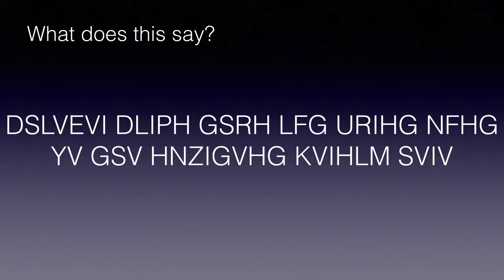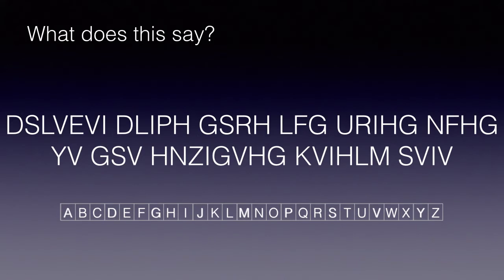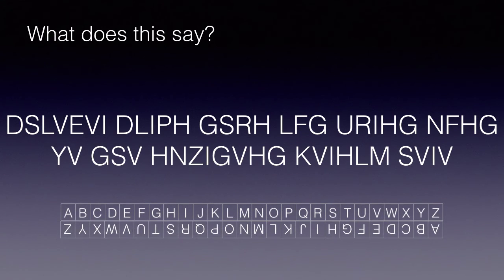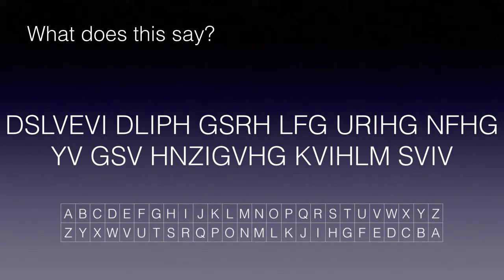The way that a cipher works, we looked at cipher wheels. This isn't actually a cipher wheel. What I've done here is say that where I've got an A, it's going to equal a different letter, and in this case I turned the alphabet upside down so that A equals Z, and B equals Y, and C equals X. Again, if you want to work out what that message is, you could pause the video right now and work it out yourself. There is a hidden message there, and the answer is